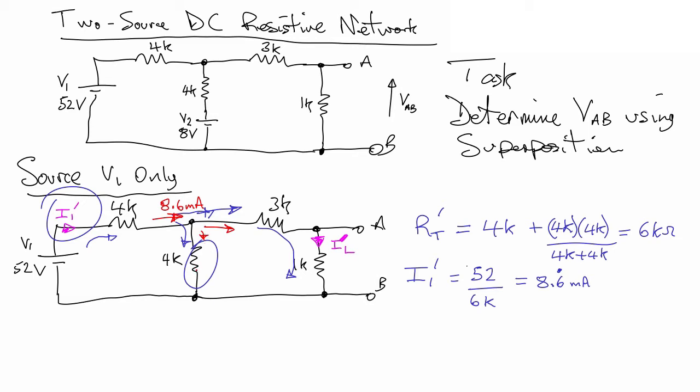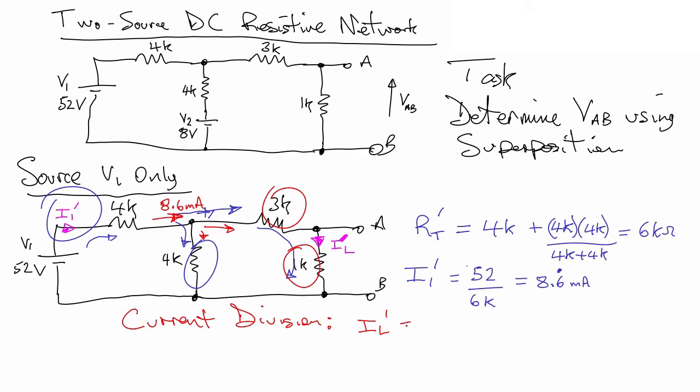Now you can see some symmetry here. There's a 4K down the middle branch here vertically, and there's a 3K and a 1K. These two. Add them together because they're effectively in series over there. So we use current division, and we can say, okay, let's just write that in. Current division gives us